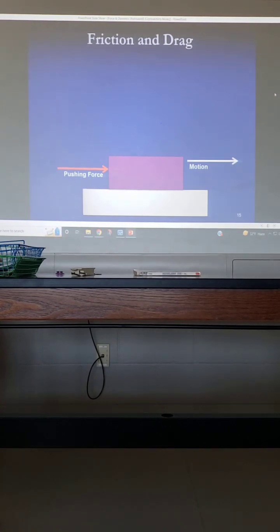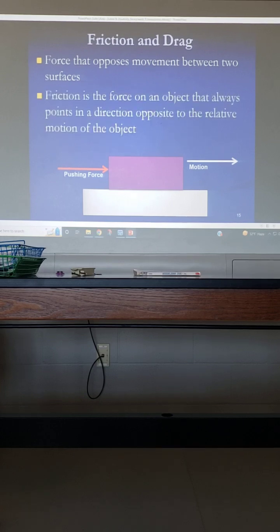So friction is going to be the force that moves opposite the movement between the two objects, or between the object and the surface. Okay, and usually it's going to point in the direction opposite to the relative motion of the object. So a pushing force is an applied force. I'm pushing to the right. Motion looks like it's going to be to the right as well. So if my motion is to the right, then I know friction is always going to work opposite that, or to the left